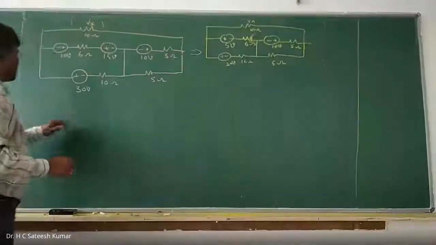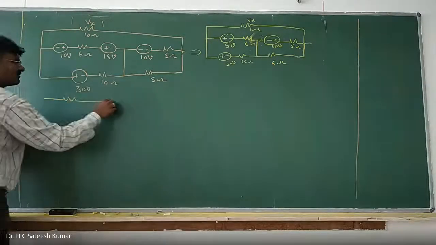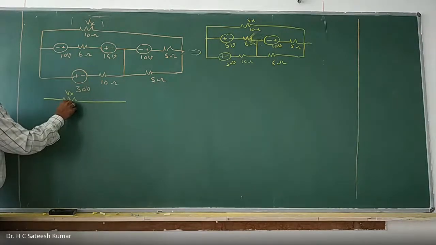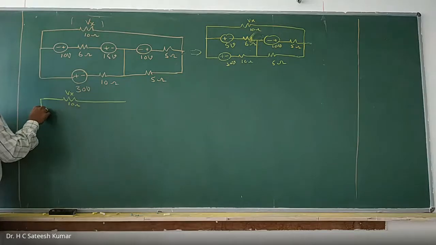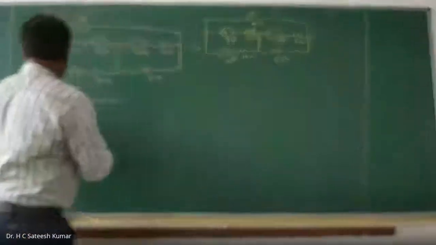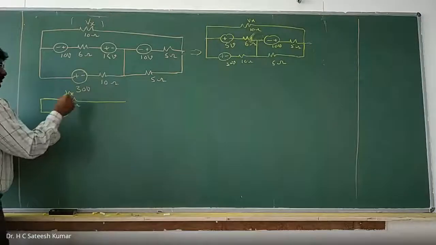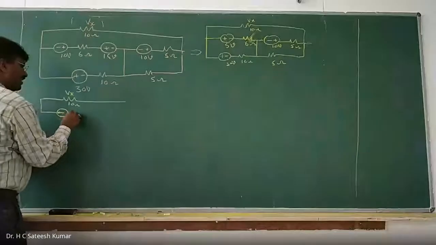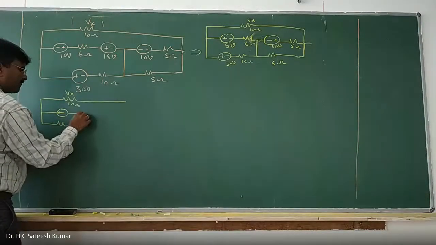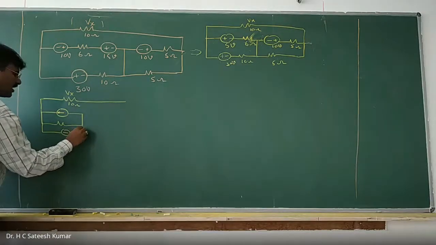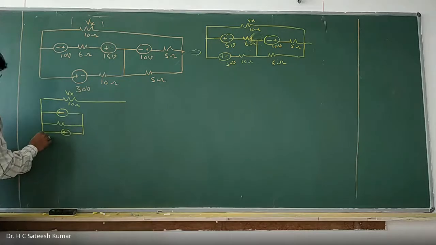Now I'll rewrite here. First, you retain this one as it is, the resistor with voltage Vx across it, 10 ohm. Now I am converting the voltage source into a current source. We have a current source in parallel with this one. The arrow mark is towards the left, because positive is on the left side. And parallel to this one, connect one resistor. And one more power supply, minus, with the arrow mark to the left, and one parallel resistance.